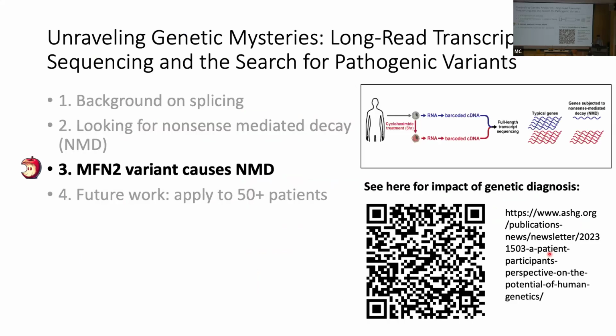So I just showed how we use transcript sequencing and a nonsense-mediated decay inhibitor called cycloheximide to help us identify the genetic cause and mechanism for this patient. So this is really powerful because we confirm the genetic cause for this patient, and we now know the mechanism in which the mutation actually causes disease. So this means that we're able to use this knowledge to actually inform the development of an antisense oligonucleotide treatment